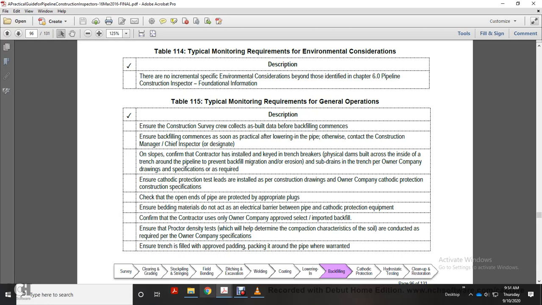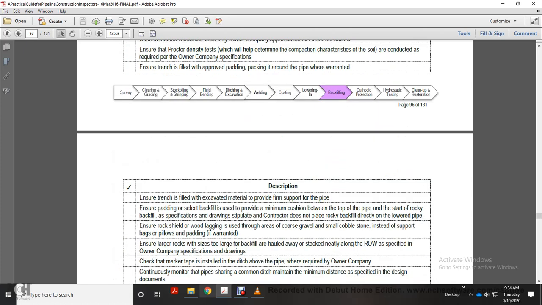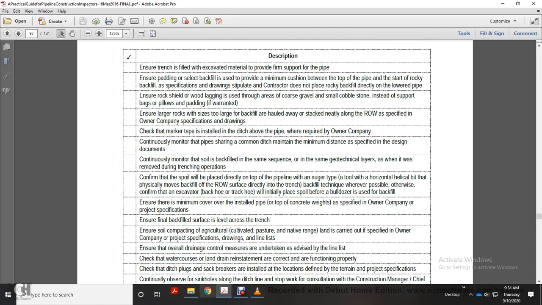density tests, which help determine the compaction characteristics of the soil, are conducted to the required owner company specification. Ensure the trench is filled with approved padding backfill around the pipe when warranted. Ensure trench fill is excavated material to provide firm support for the pipe. Ensure padding is selected backfill, used to provide minimum cushioning between the top of the pipe and the